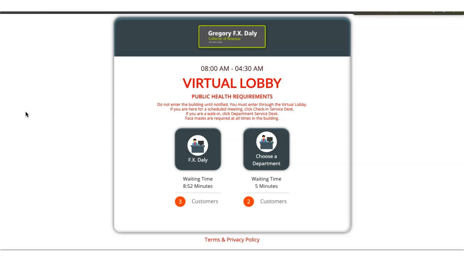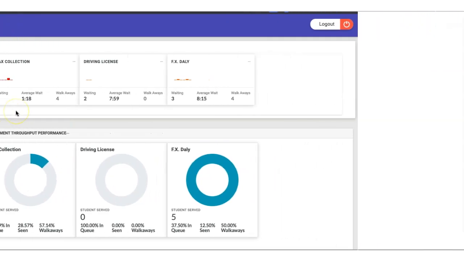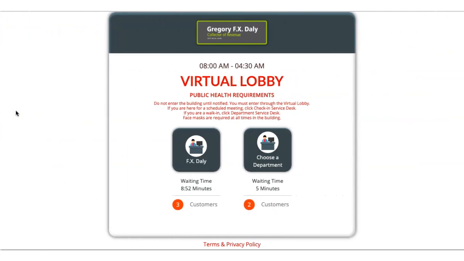This is an overview of QMobile's virtual lobby, which is a web portal that can be embedded into your website, or it can be a link on your website that brings your customers, patients, citizens, guests to this particular page where they'll be able to access the department that they're looking to meet with, or if they already have a pre-scheduled appointment, they're able to use what we